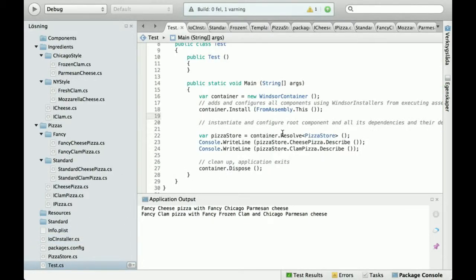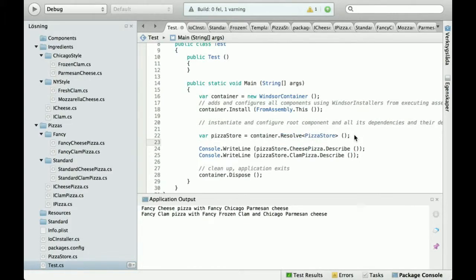They use the method Resolve in order to obtain an object of type pizza store. So pizza store is of type pizza store because that's what's provided by the Resolve method, and in this case we know that it's the same object. We could also resolve, for instance,